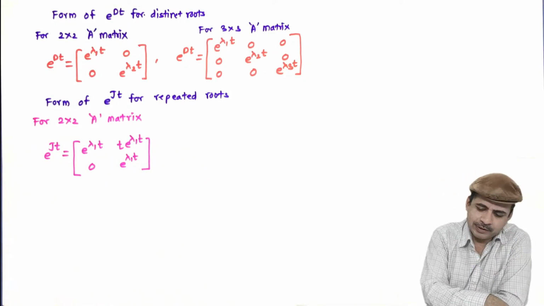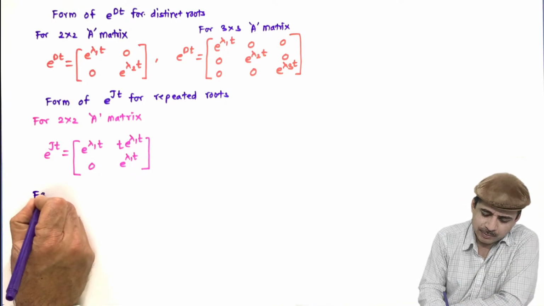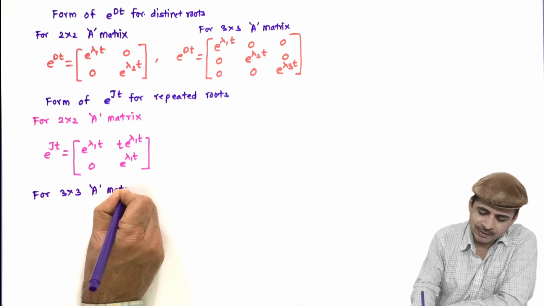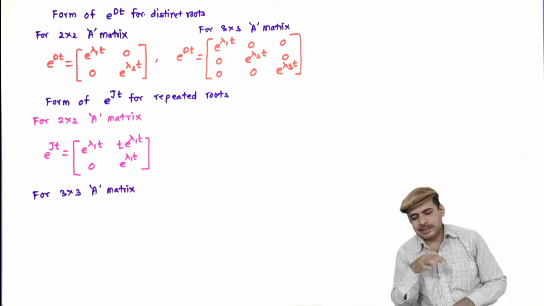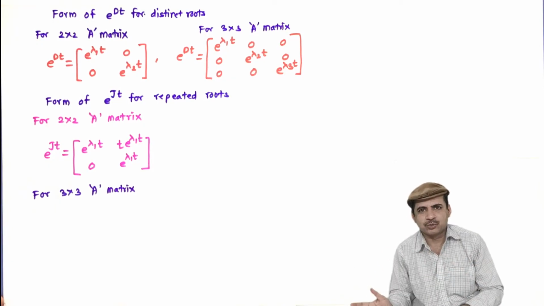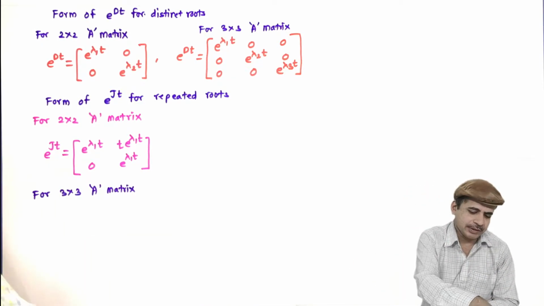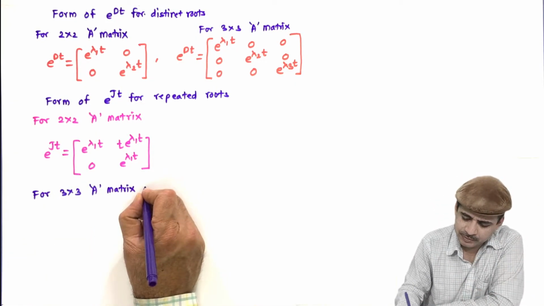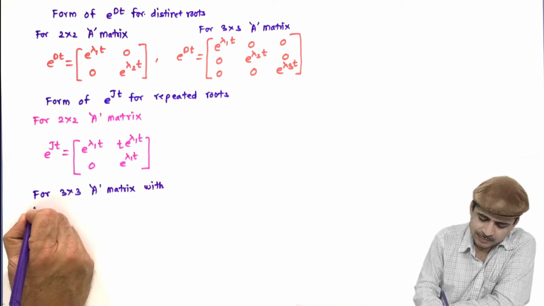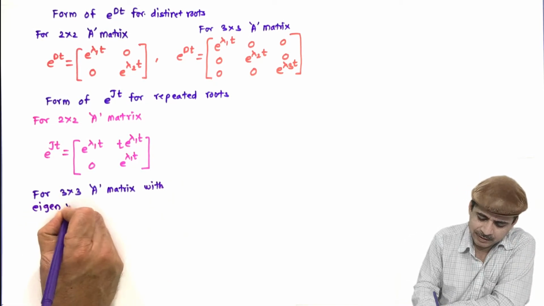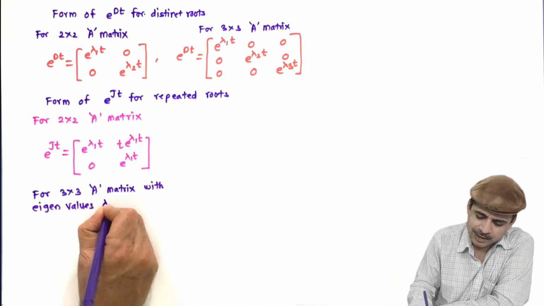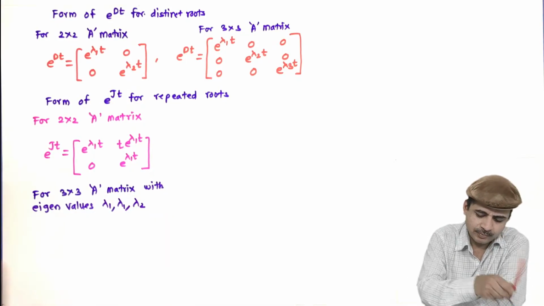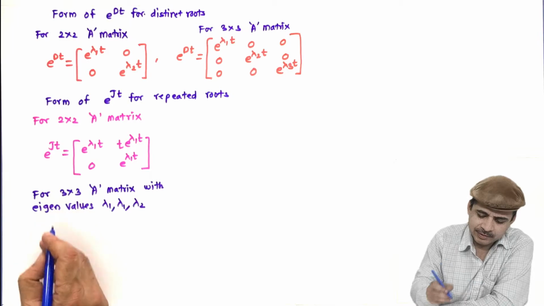And now we will take a case for a 3 by 3 A matrix with repeated roots, so it can be two cases, say lambda 1 lambda 1 lambda 2 or lambda 1 lambda 1 lambda 1. So we will tackle both cases. Say with eigenvalues lambda 1, lambda 1 and lambda 2,